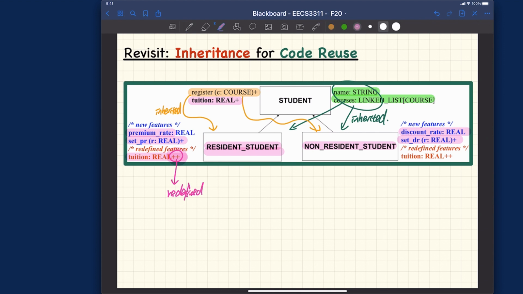And we also got redefine over here as well for the tuition for the non-resident students class. Now the reason we have to redefine for the tuition is because the tuition over here, you can think about it as version number 1, which only calculates the base rate simply by summing up all the fees. On the other hand, the tuition over here is like version 2. So this one will be the base rates